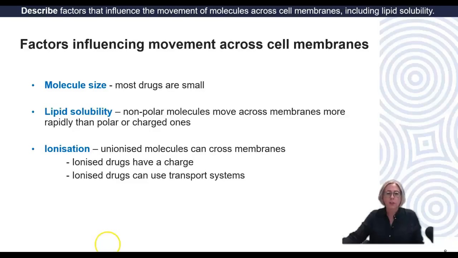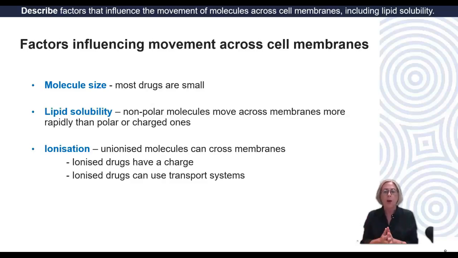Now looking at the factors that influence the movement across cell membranes or plasma membranes. We have firstly molecule size, then lipid solubility, and then ionization. Starting with the first one, which is molecule size, most drug molecules are small, so this doesn't tend to be